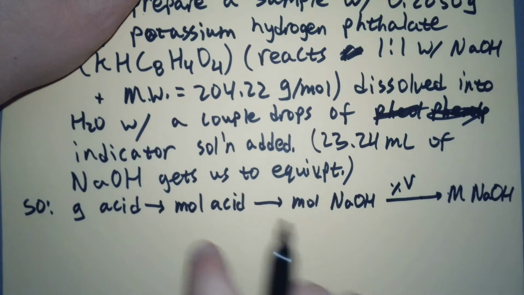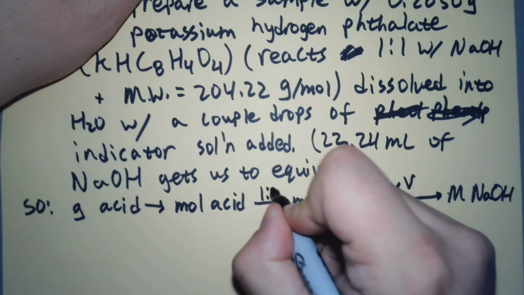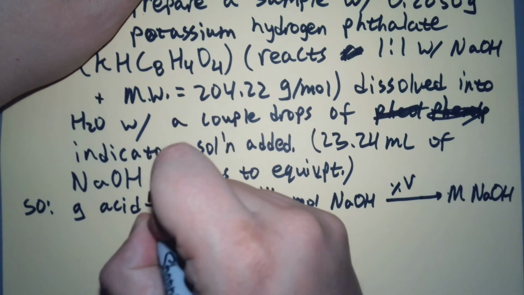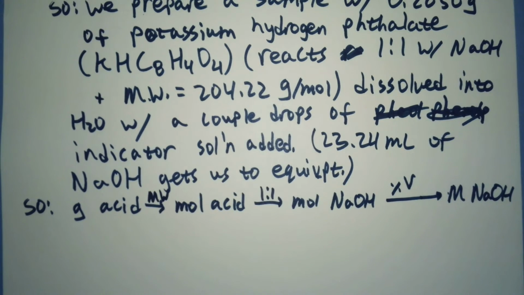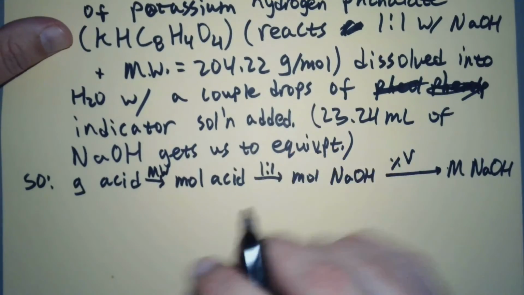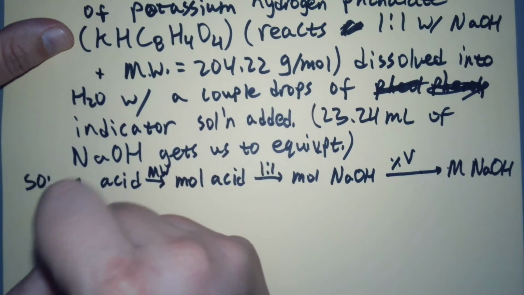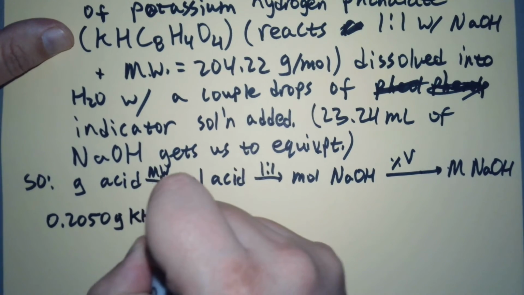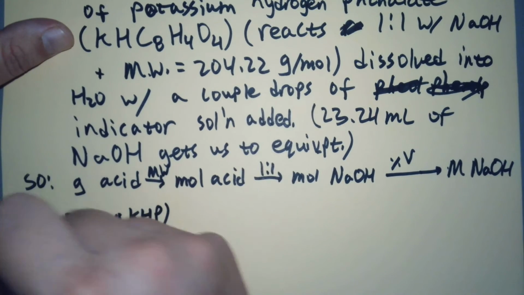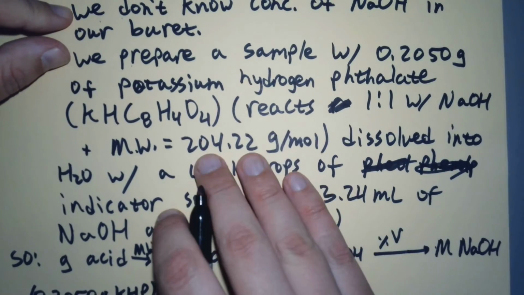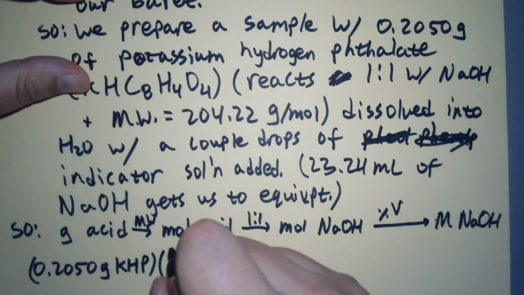Okay. Can we go here to here? Yeah, this is a 1-to-1. We talked about that. And can we go from here to here? Well, yeah, we use the molecular weight. Okay. So we have all the pieces for this. So how many grams of acid did I work with? Well, I had 0.2050. And I'm going to abbreviate it KHP, potassium hydrogen phthalate. So that's not a phosphorus. And my molecular weight was 204.22, so I have 1 mole